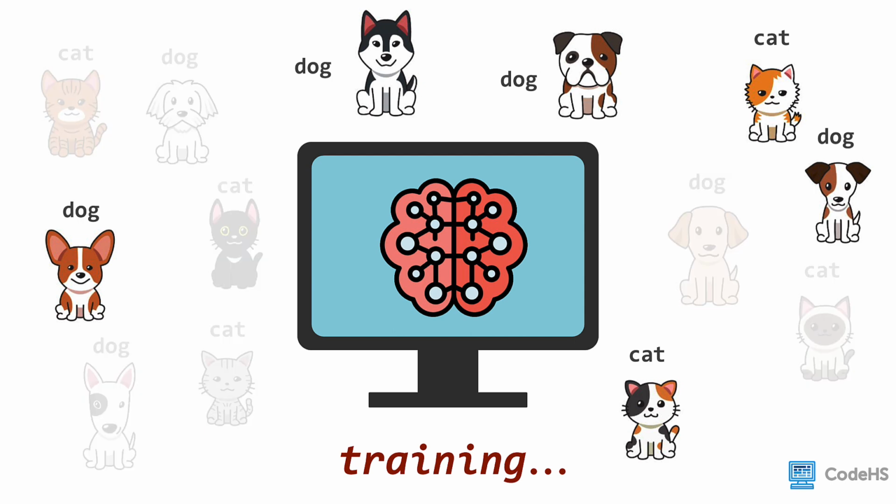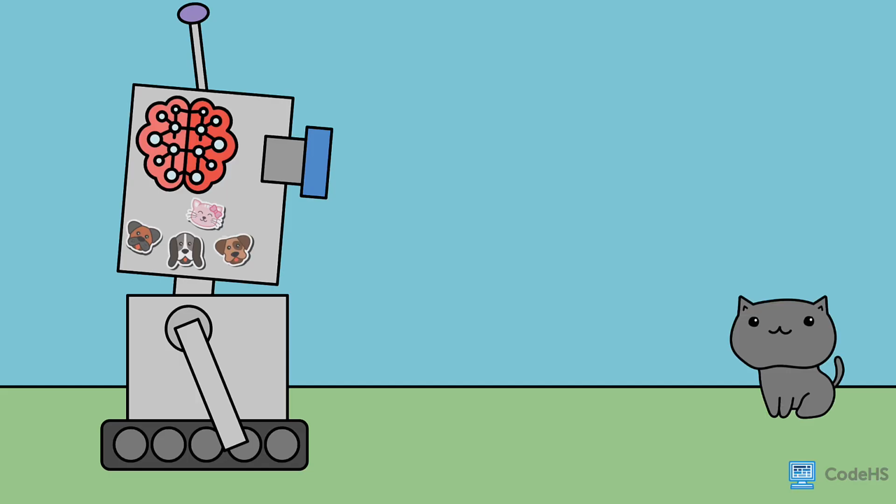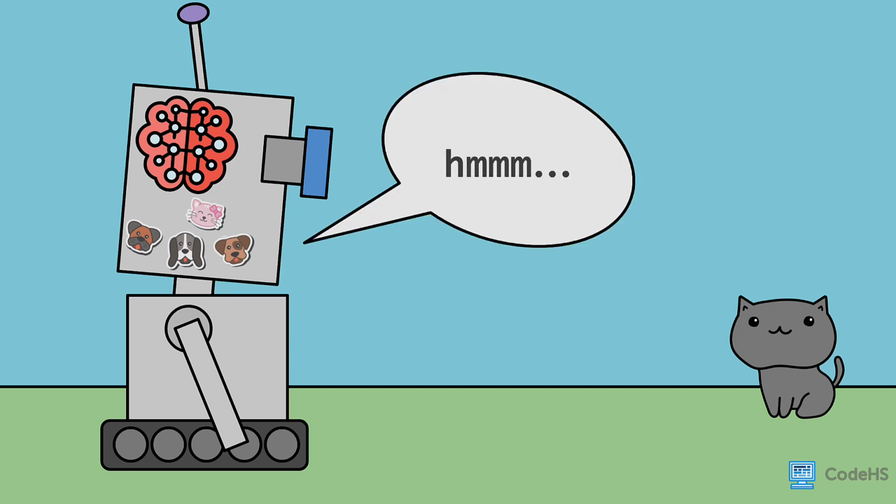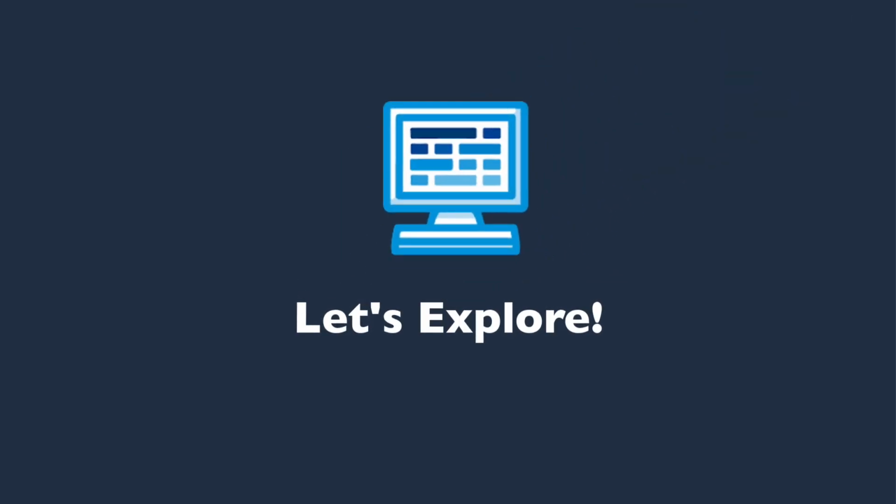Or, for example, what if we specifically removed all of the solid colored dogs and cats? Then the model has not learned much about solid coloring as a feature in recognizing the animals. This could prove problematic when it has to recognize one in the real world, and its training was absent of these types of animals. This is an example of bias in the training data, and it's something that we have to be very careful about when curating the data set we use to train our models. Ideally, we want our data sets to be representative of the population we're using it with. Great! Let's learn more about the types of machine learning models.